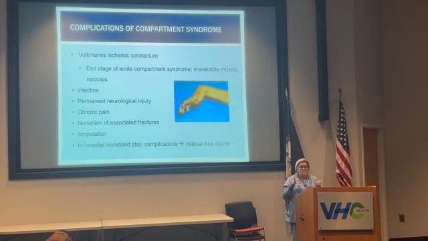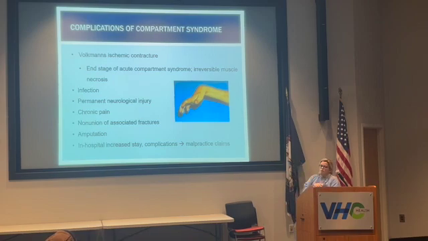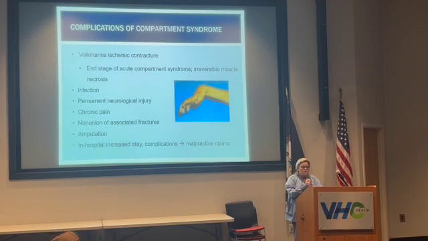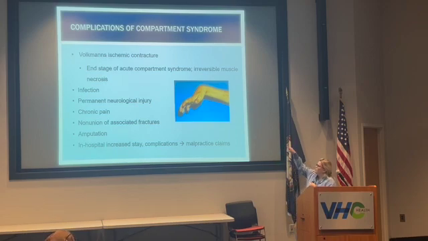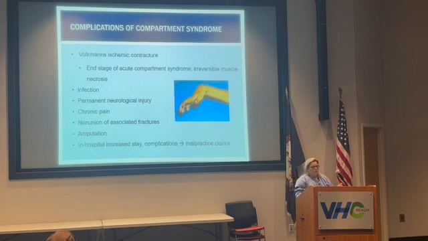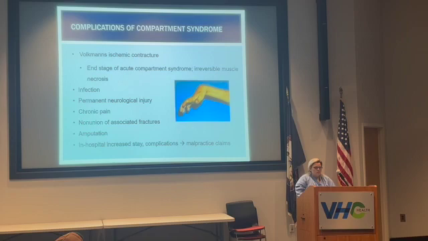Big complications, this is kind of like the classic one for a missed upper extremity one is a Volkmann's contracture, which is where their wrist kind of gets this flex, and then their hand. You don't want to see it. Infection, neurologic injury, chronic pain, non-union of associated fractures, high risk of amputation with compartment syndromes, and then obviously they're